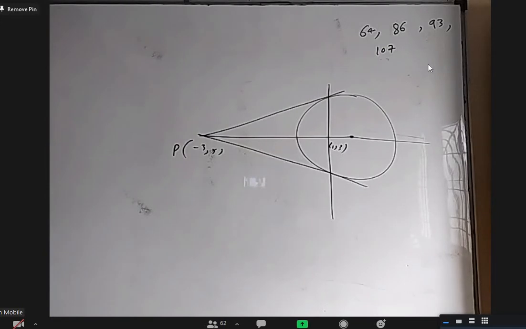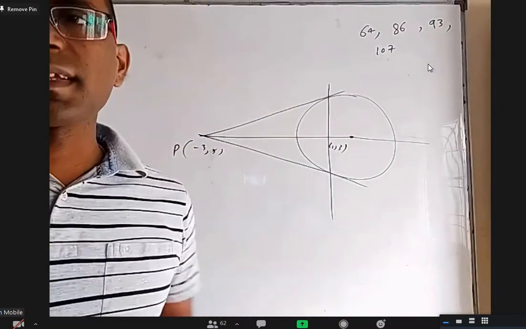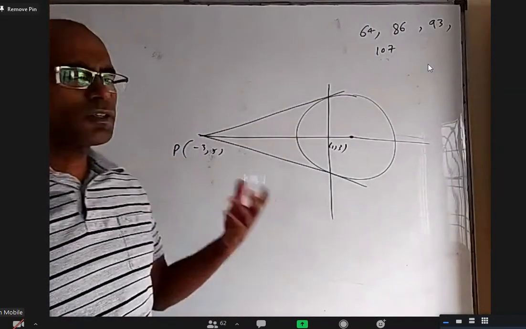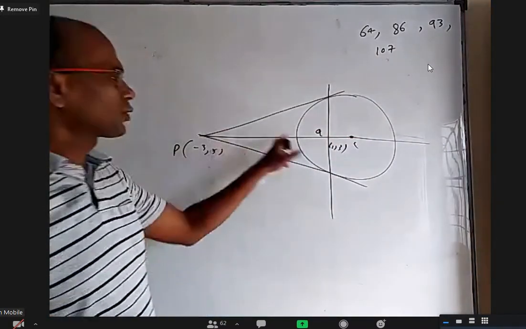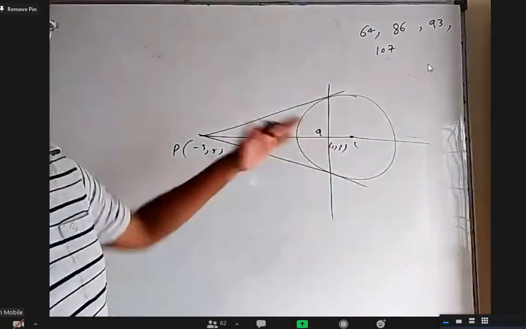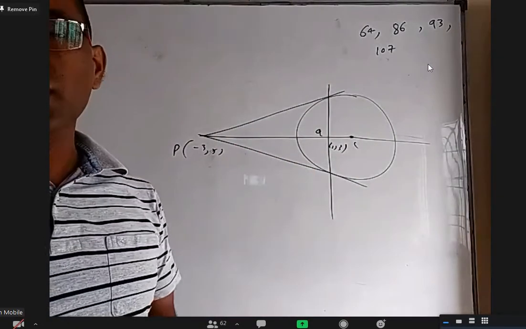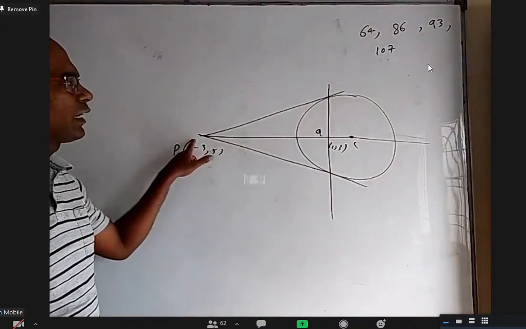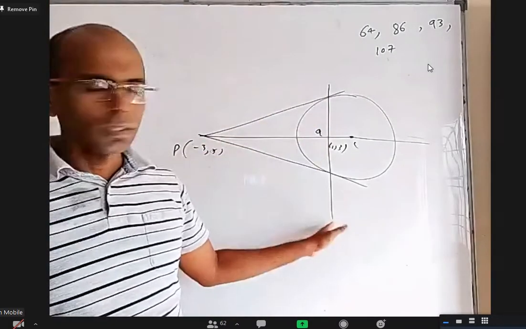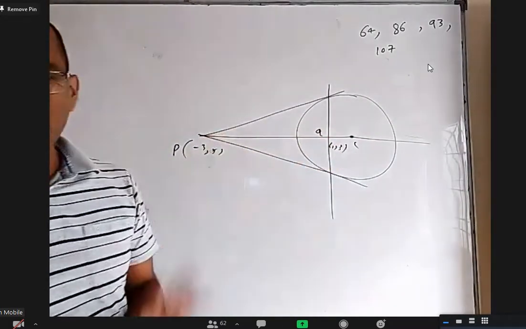Okay, 86 is just somewhat conceptual. If you understand what it is, it is very easy. The inverse point definition is something else, and how we find it is something else, which I discussed. The inverse point definition is: if P, Q, C are collinear and on the same side of C, and CP into CQ is R squared, then we say P and Q are inverse points. But how do you actually find it? You find the polar of P, you'll get a line. This point is the inverse point. We proved how this length and this length product is R squared.